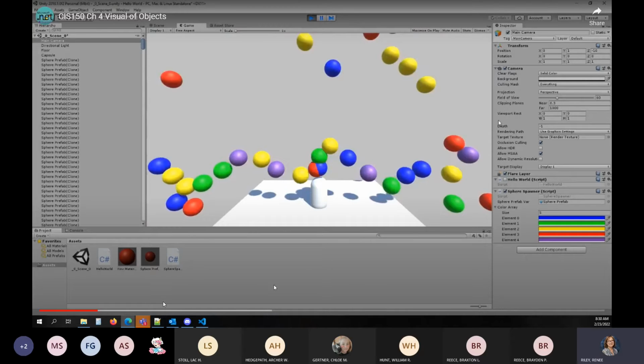Another thing that we might do is our target might want to know if any spheres are approaching. Maybe our target wants to change colors or do something really cool as spheres get really close to it. So it wants to know what the position is of those spheres. So we could allow it to get the position of a sphere, right? That would be a good action that we could perform. We wouldn't let that target just go change the position of a sphere, right? That wouldn't make any sense. But we would let them get it to see where it is.